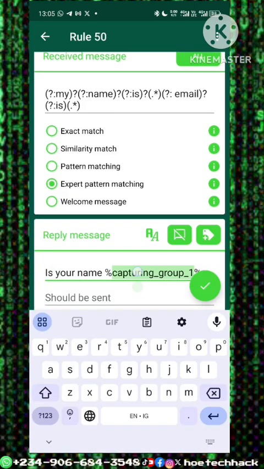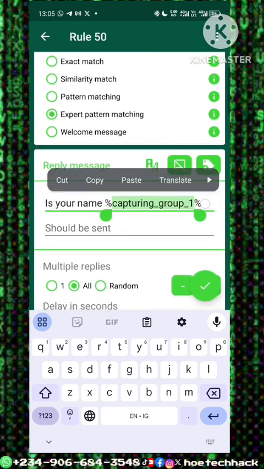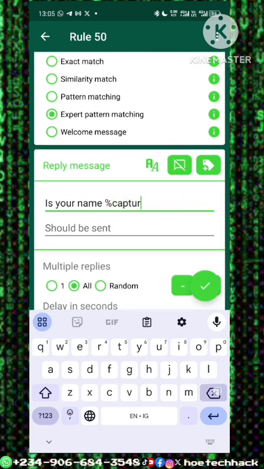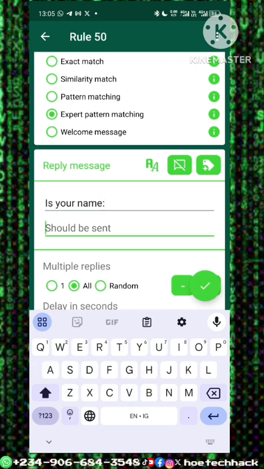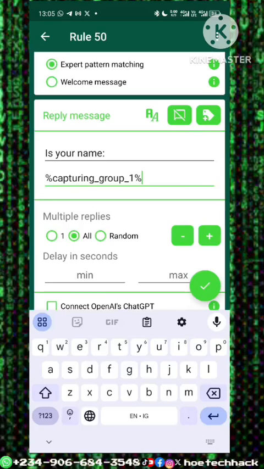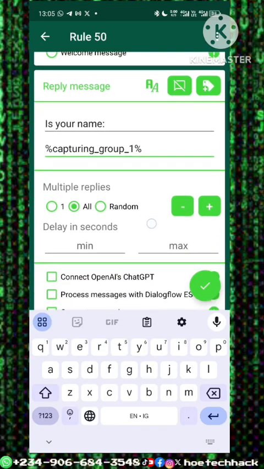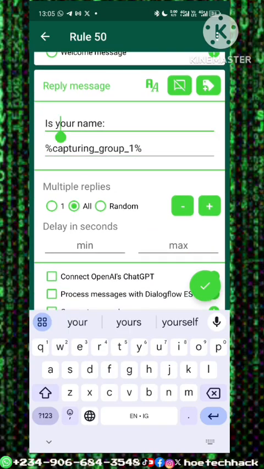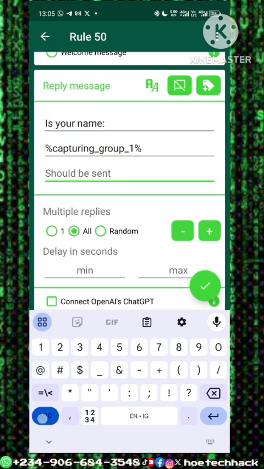We are going to request for the name first. And we want this name to be in a separate message. So it's your name. We capture the name. Or we can just say it's your name, so and so. Then we check